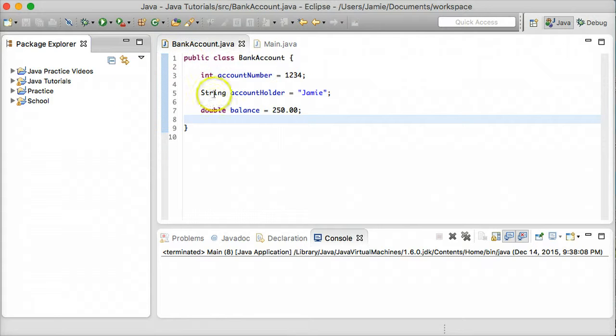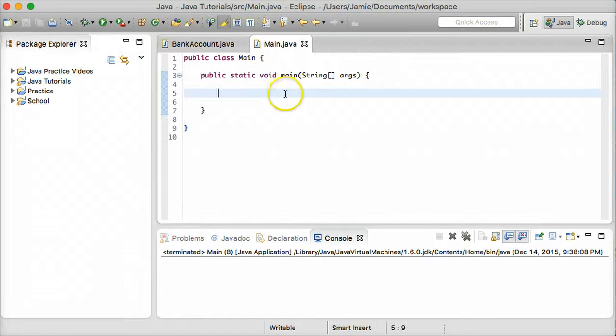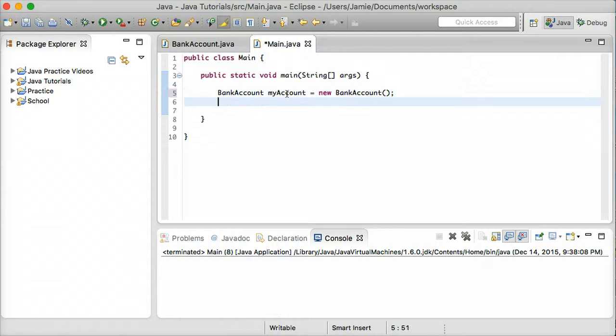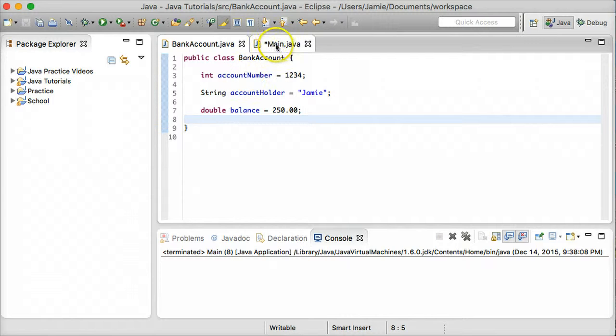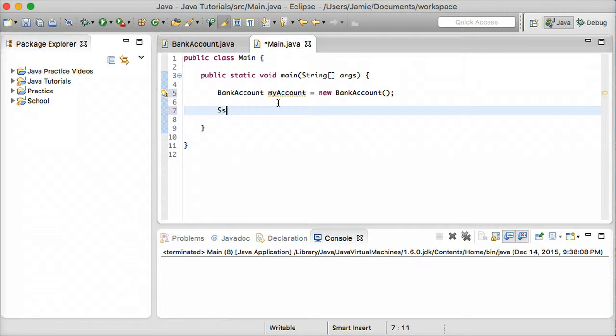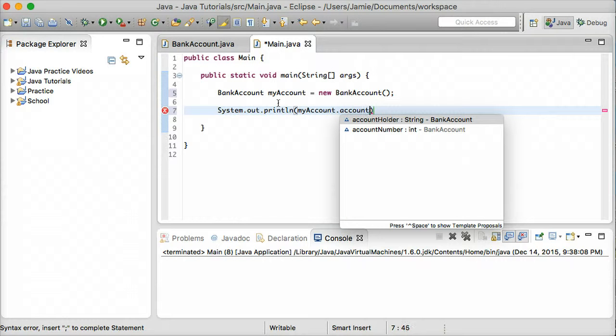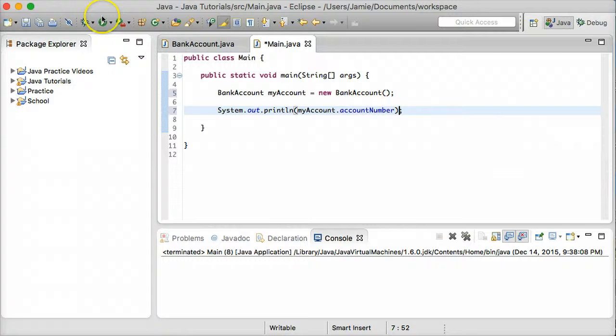Right here we have the default access modifiers and play with these three variables. Let's go over to main.java and instantiate an object of the bank account class. We'll call it my account equals new bank account. Now let's try to print out the value of the account number variable. System.out.println, myaccount.account number. And if we compile this program and run it,